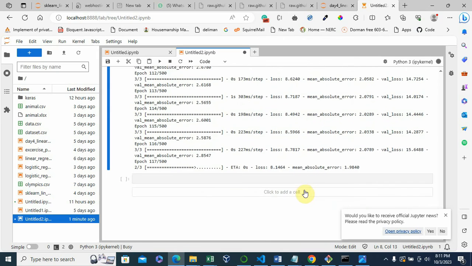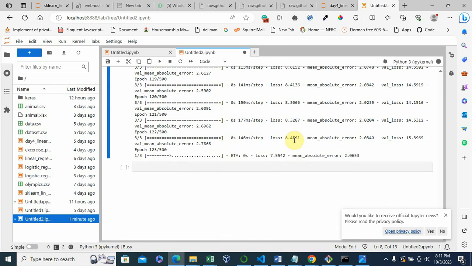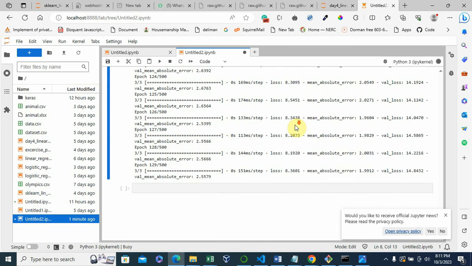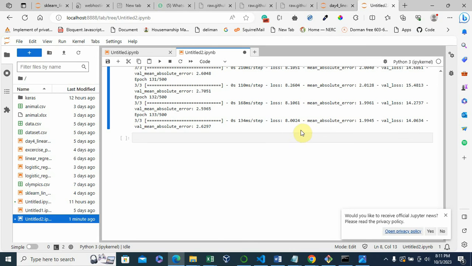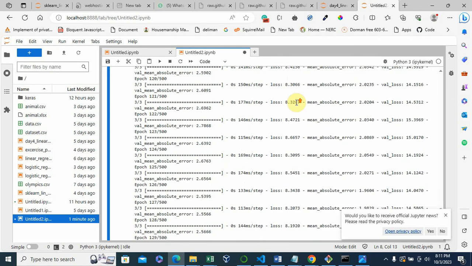The more the loss function reduces, the more you get to the promised land. So it learns until it gets to its limit.